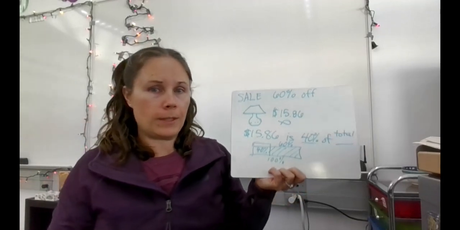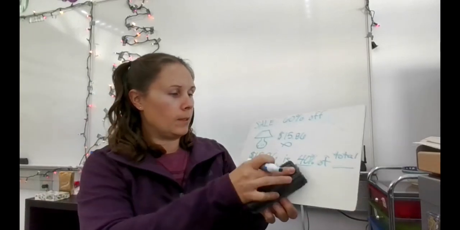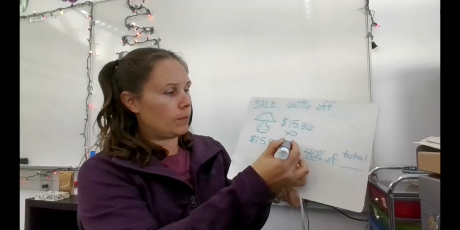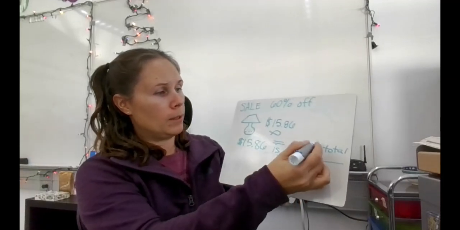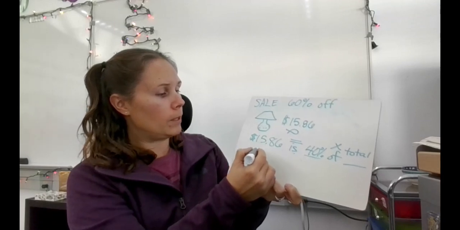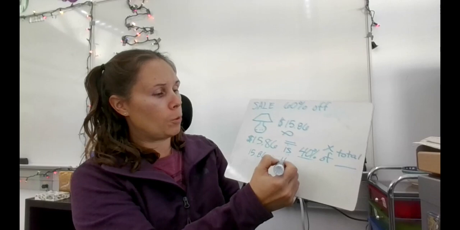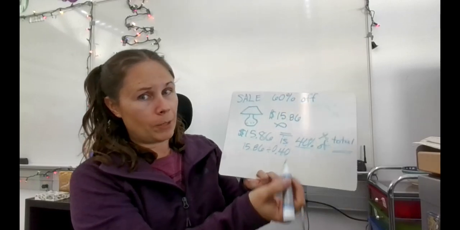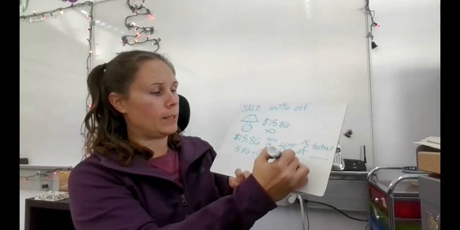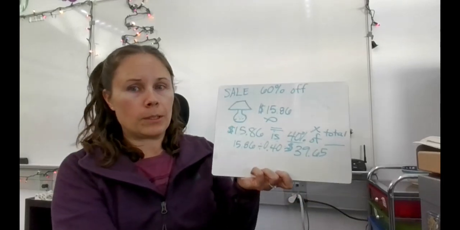All right, so we can figure this out. 15.86 is 40% of what? Well, this is the problem type where we want to divide, right? Because this equals something times something. So we can do 15.86 divided by 40/100, and we can find our total, which would come out to be, I have it here, $39.65. What a nice gift for your mom. So that lamp was originally